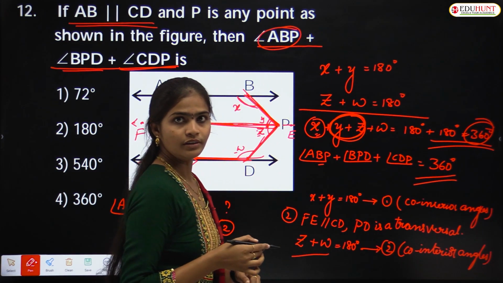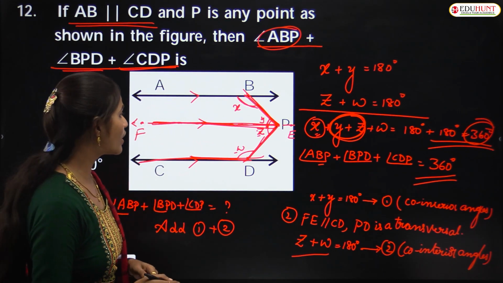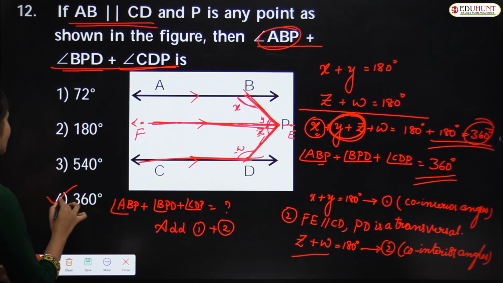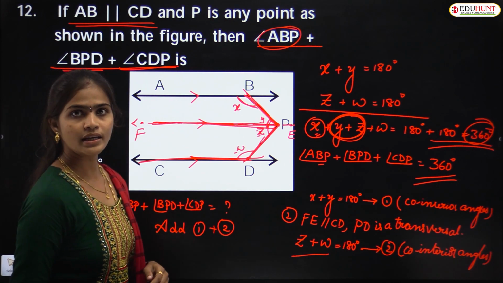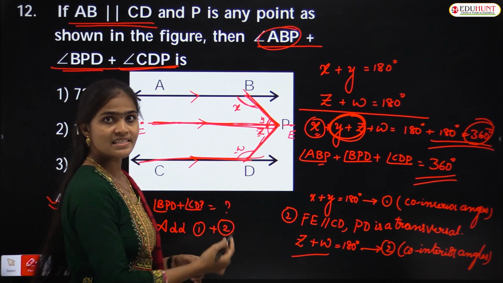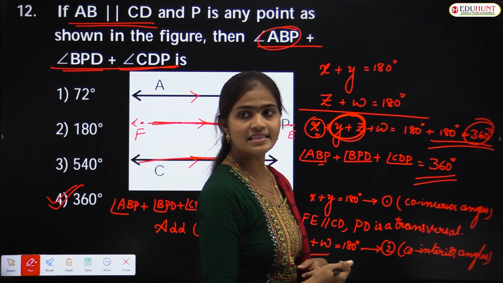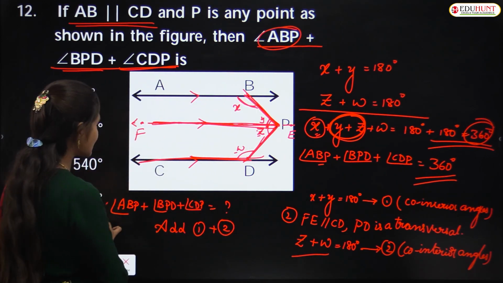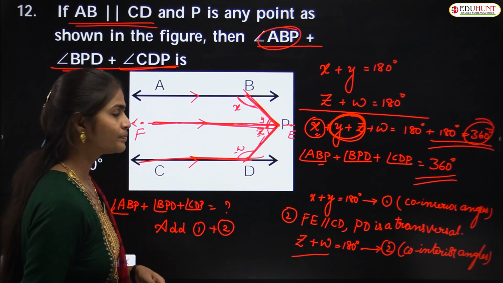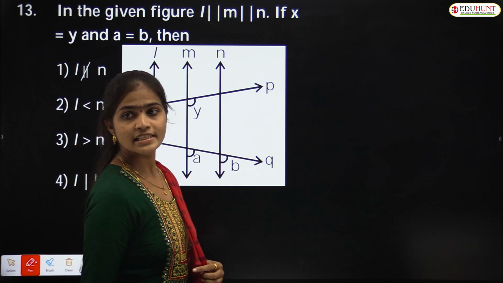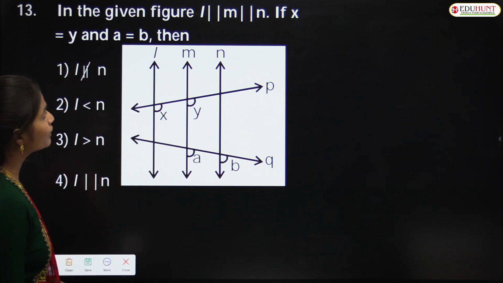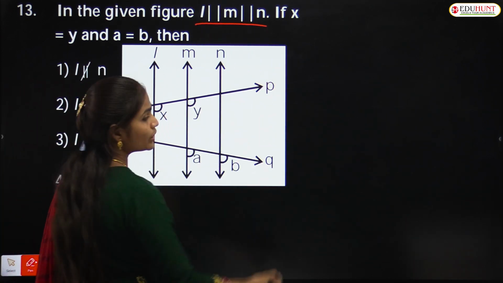So what is the answer here? The answer is 360 degrees. So x plus y plus z plus w, the sum of all these angles is equal to 360 degrees. Is it clear? Yes. So next question, observe that in the given figure, L is parallel to M is parallel